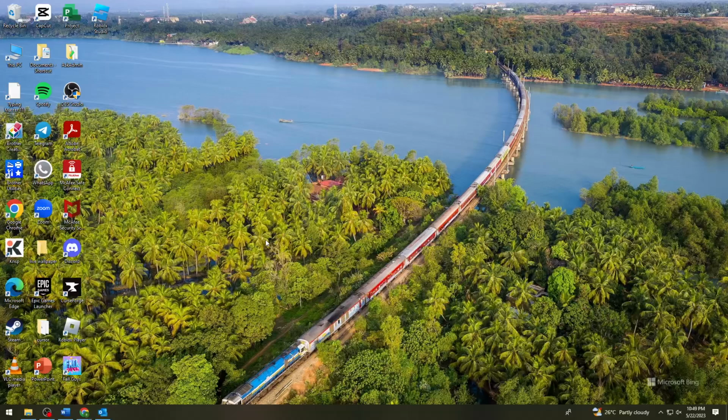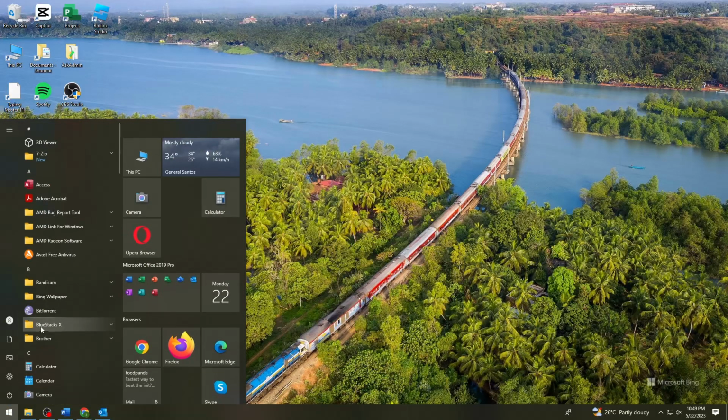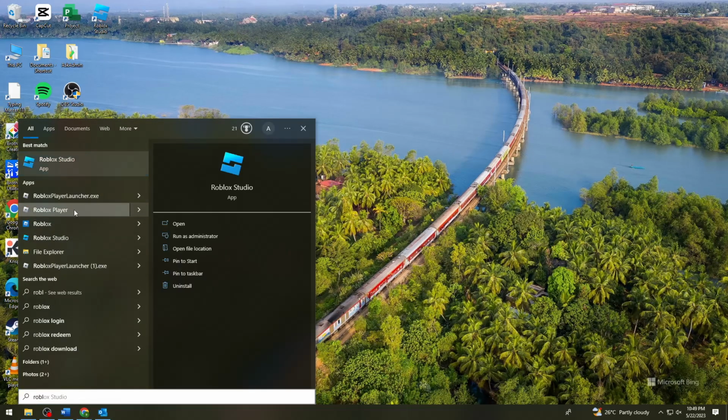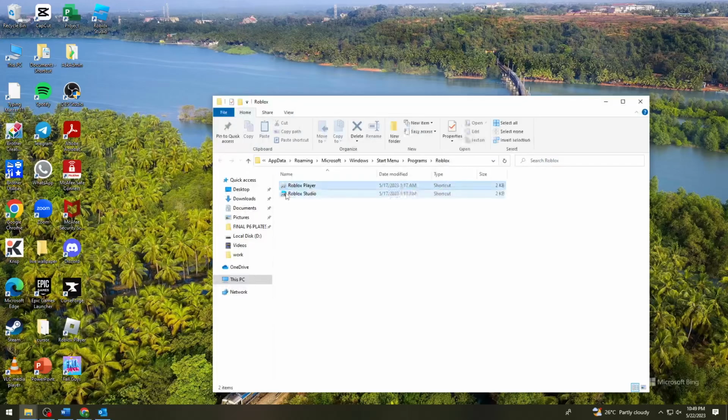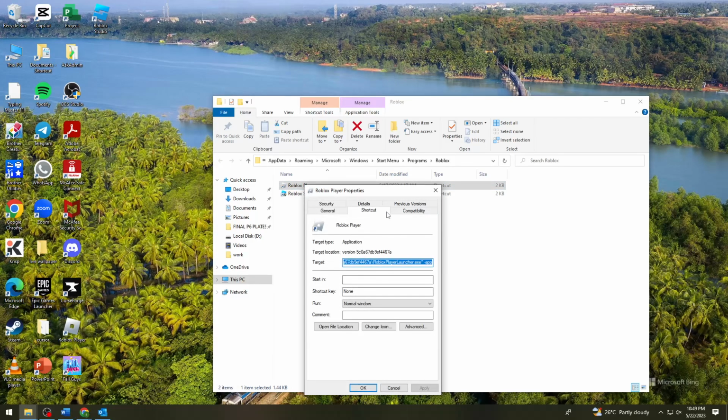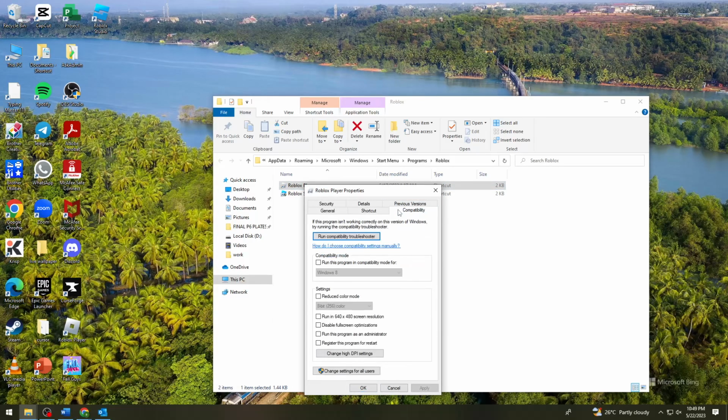First of all, you want to click on your start icon and search for Roblox player. Right click on your Roblox player, click on open file location, right click it again, click on properties. Here in compatibility, you want to click on run compatibility troubleshooter,